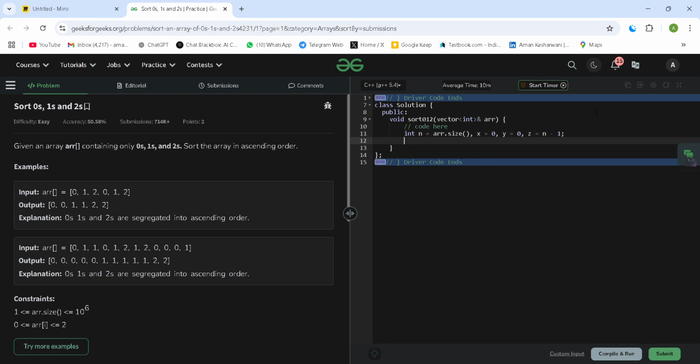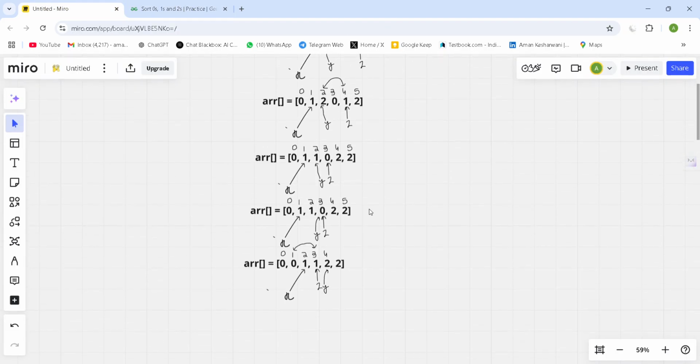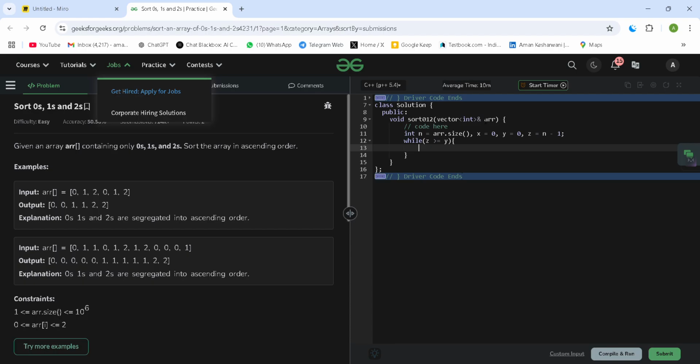After that you have to apply a condition that y should be less than or equal to z. If y is greater than z, in that case the loop breaks. Okay, so while z is greater than or equal to y,